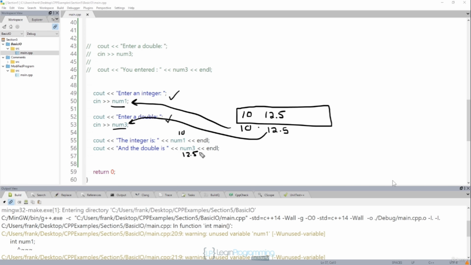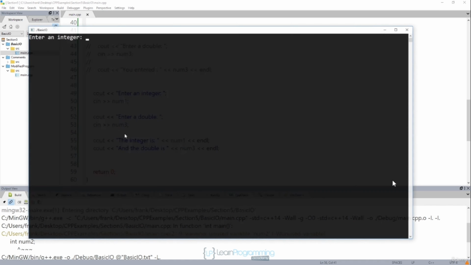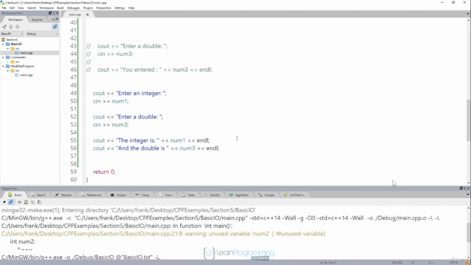Let me run that just so you can see that, and then we'll do one more example, a couple more examples where you can see some of the issues here. So there's my integer, let's say it's 10, and the double is 12.5, and you can see the integer is 10 and the double is 12.5. Okay, but what happens if I enter something like,